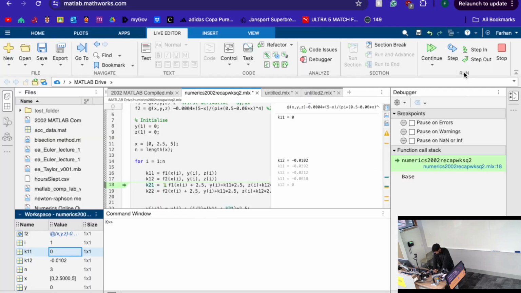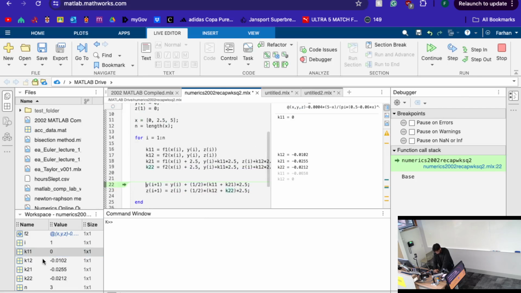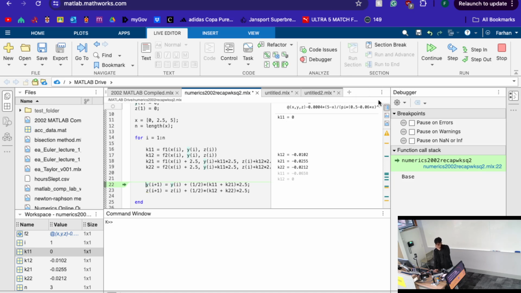Then next one, K21, K22. Okay, yeah, that works as well. And it shows us the values over here. Okay, yeah, that works. I just did it individually, so